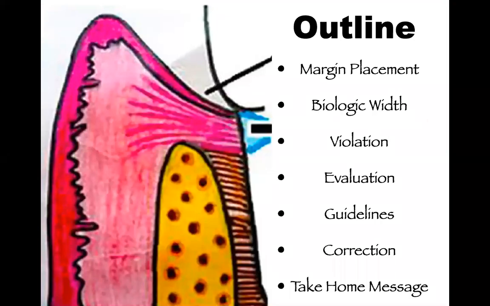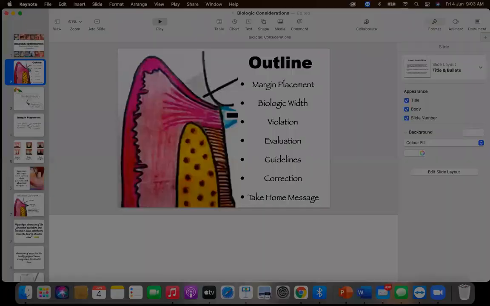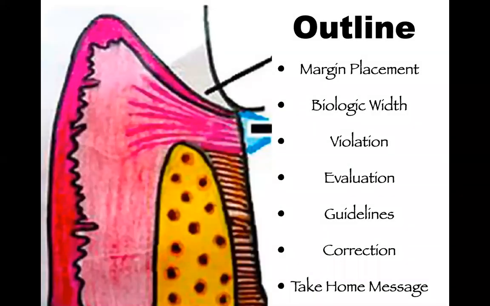So yeah, the topic is biological considerations, and the last topic because it is not directly linked to conservative dentistry or endodontics, but indirectly it plays a very important role. So I'm going to be walking you through the margin placement. When we talk about biological consideration, you actually have three departments. It's like an interplay between three fields of dentistry. One, of course, is operative slash restorative dentistry. That is why I am taking this lecture for you today.